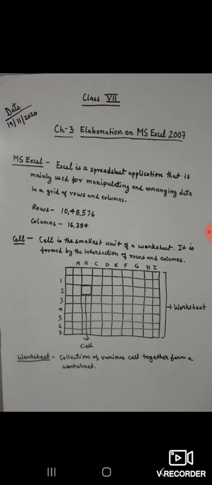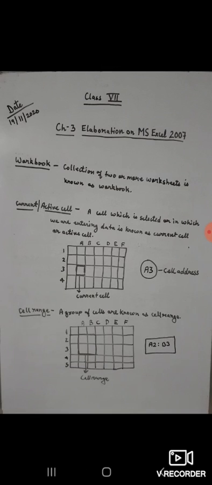Now, a combination or group of various cells can form a worksheet. So, a worksheet is a collection of various cells together. Such worksheets can form a workbook, which means a workbook is a collection of two or more worksheets,